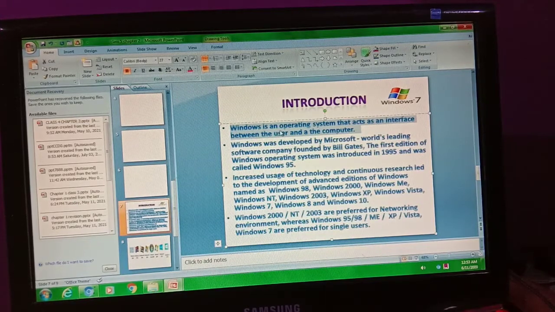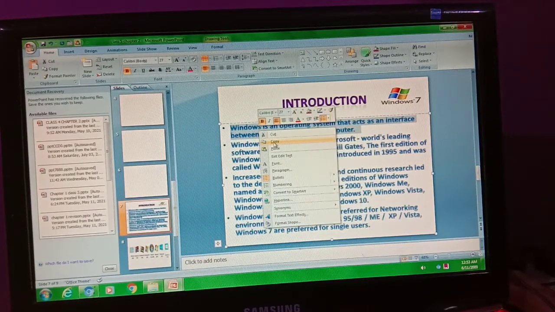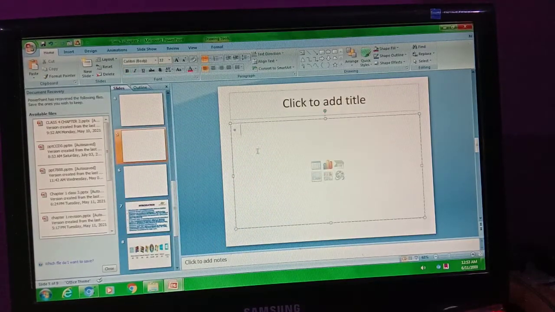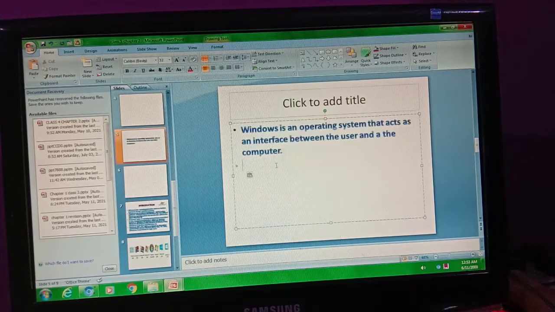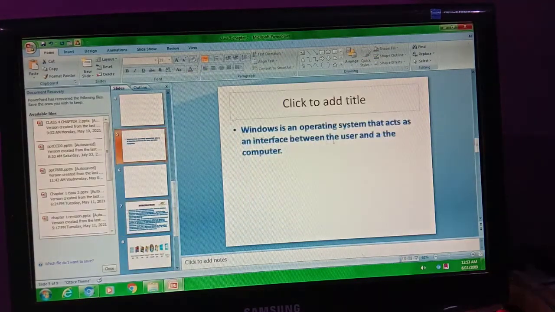As I select this sentence, I right click on it, click on the Copy option, and now I paste here. See, your text is present here and also copied here. A duplicate copy is placed here. So in copying, a duplicate copy is created.